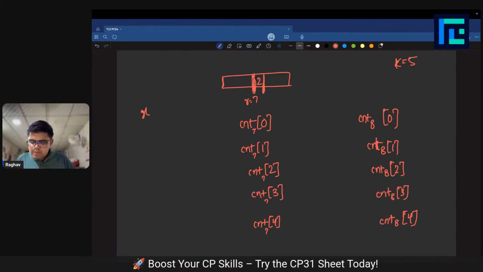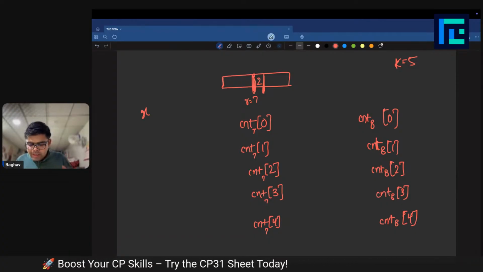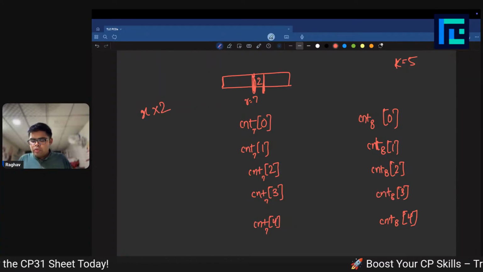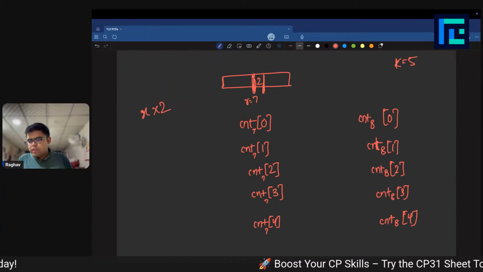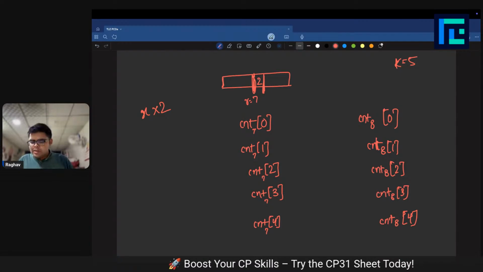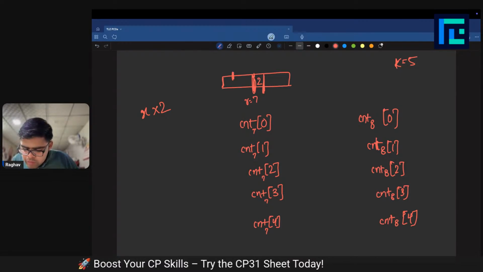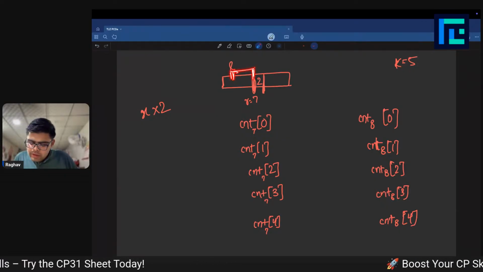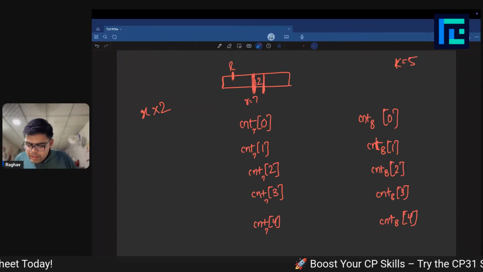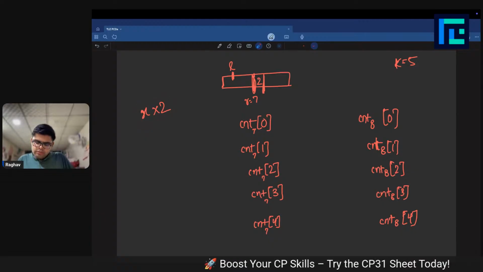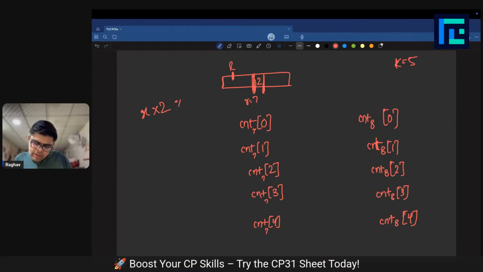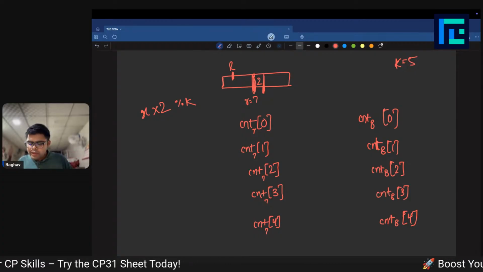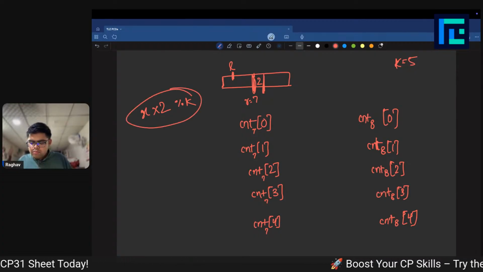if there were 5 subarrays ending on the index r with product x, then x into 2 would be the product for all the subarrays with the same starting point. Like if there was a subarray starting from here and went till here. Now if it goes till here, then the product would be x into 2, right? And then we will do the mod k thing because we want to keep track of only the remainder